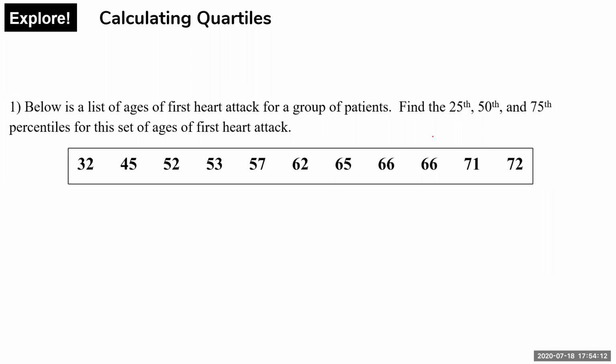The first check you need to do is make sure the data set is ordered, right? And you have 1, 2, 3, 4, 5, 6, 7, 8, 9, 10, 11. So this is an odd data set, 11 data points. So this is odd, so you have a single number sitting at the center. So the 50th